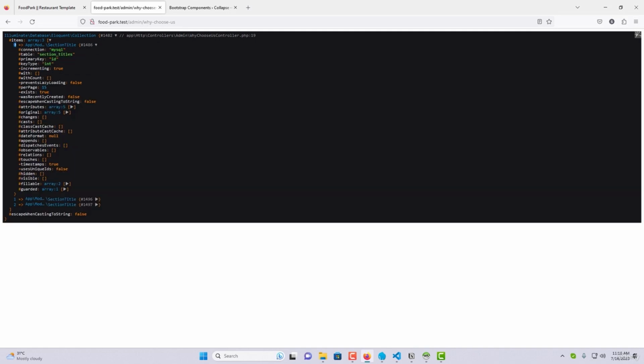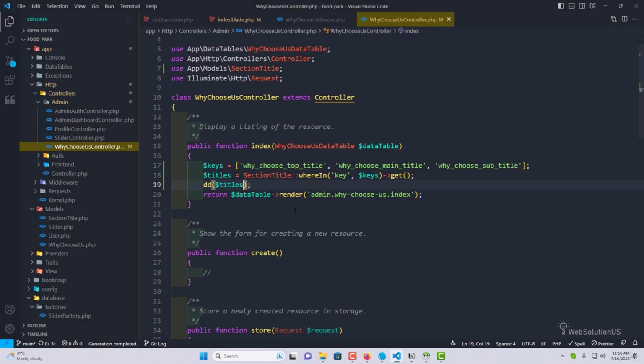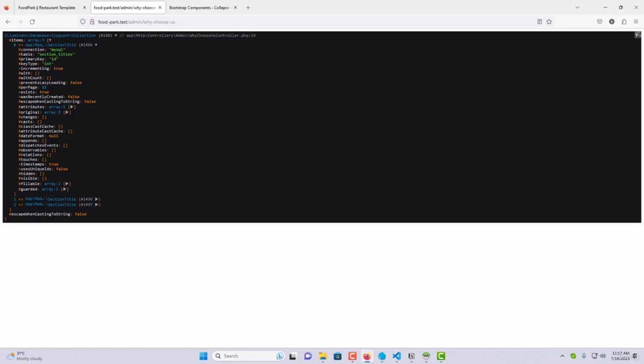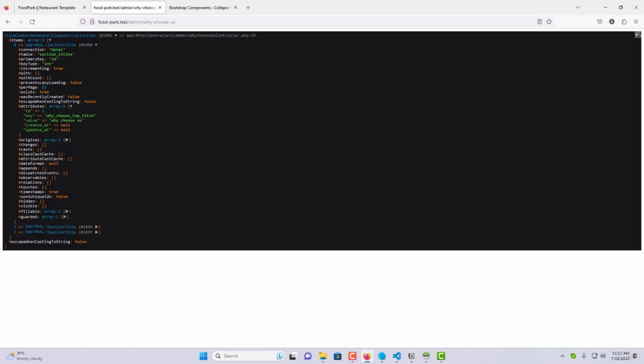So first of all we have to access the 0, then we can access the rest of the things. If I want to access the first one, that means I have to add here 0, because the first one is inside the 0 number index. If I open the attributes, look at here, in the attributes we have this key, right? And we have the value,